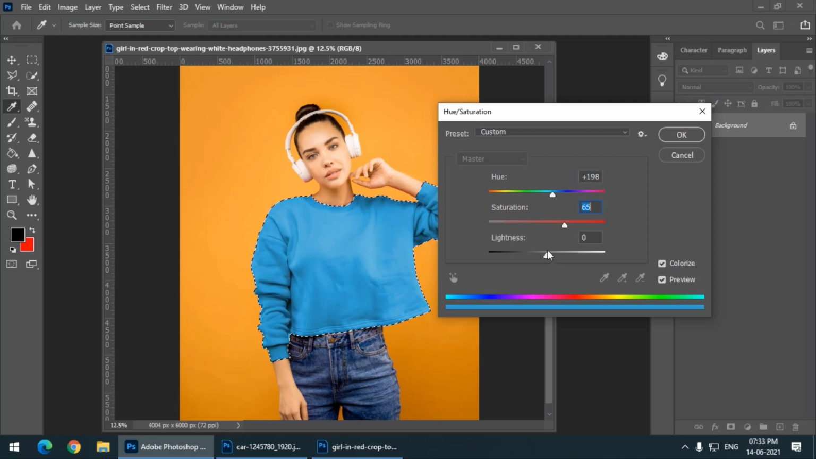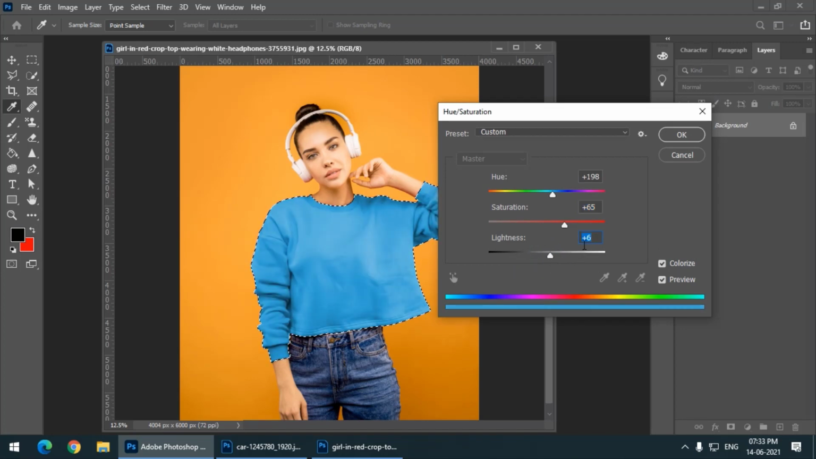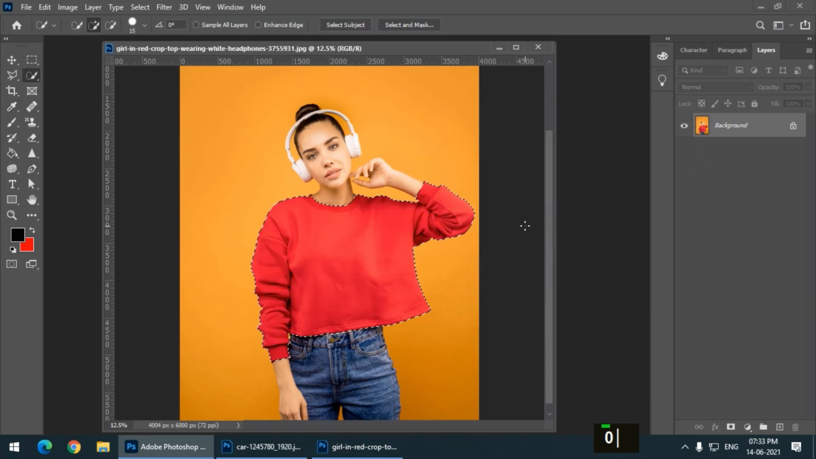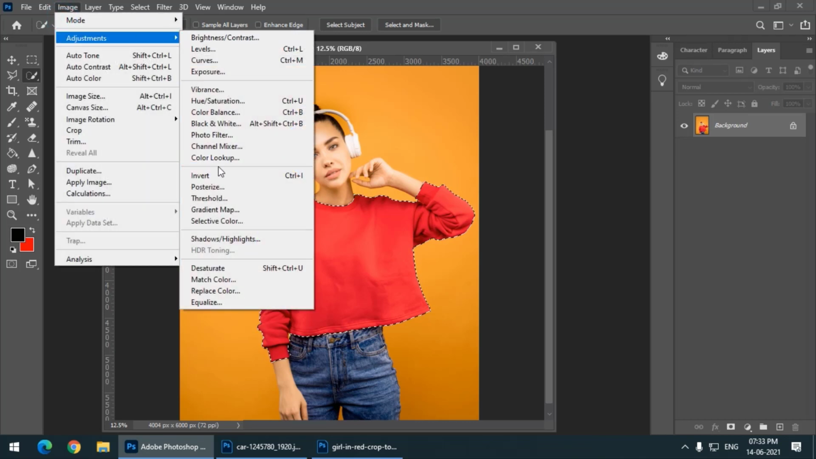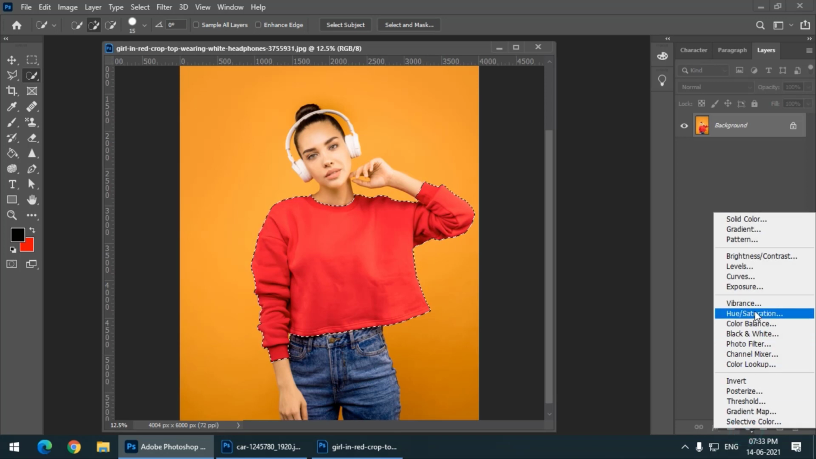We don't have to use the lightness button as much, because it will simply increase or decrease the brightness like this. So if you want to make it a bit darker or lighter, but usually we don't have to use this particular option. So saturation, but as I mentioned in the earlier video, we have the same options present in the layer panel over here at the bottom. If we select this button, which creates adjustment layers, if I click over here, we will get the same option,